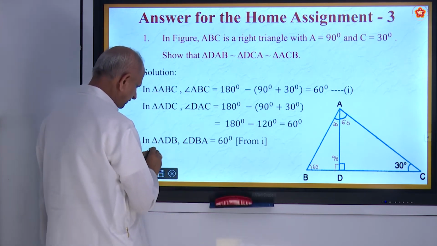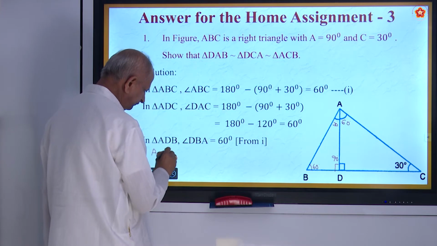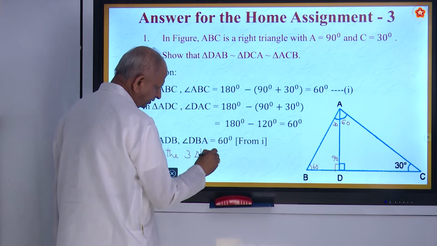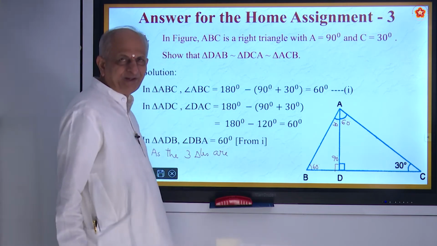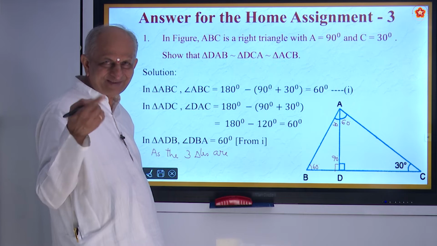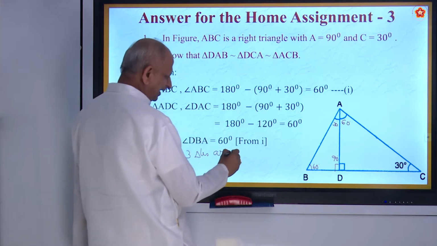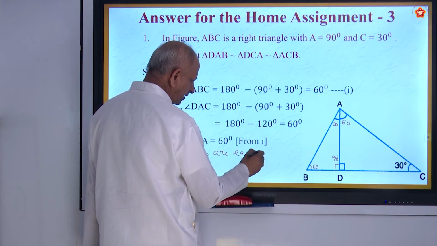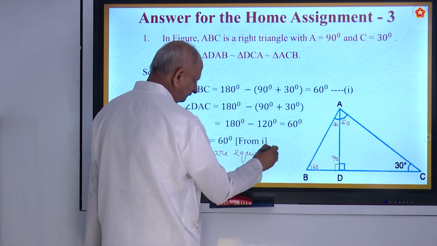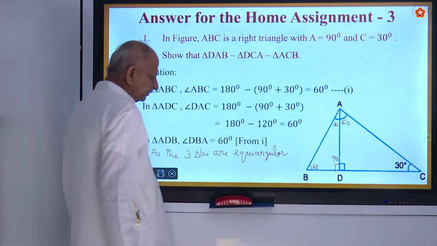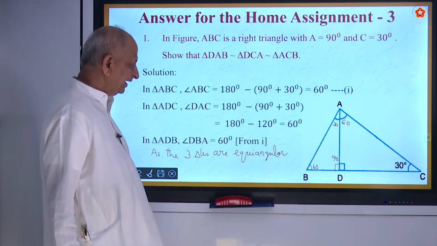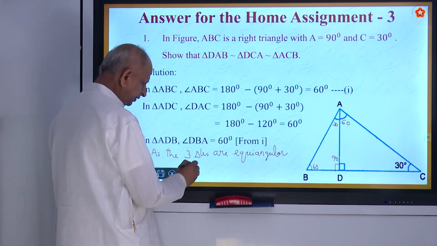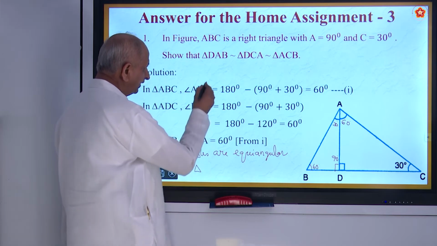So as the three triangles are equiangular, note down, are you taking down? Fast, come on. As the three triangles are equiangular, so corresponding angles are equal. We have triangle DAB